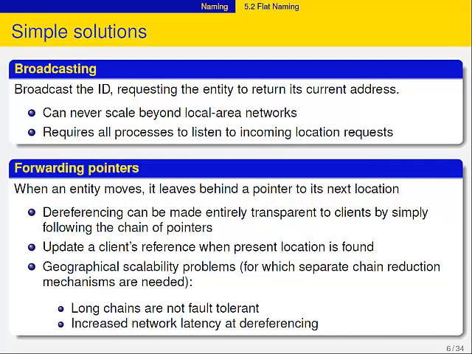Yes, there actually are solutions. What you need to do is to clean up your chains as quickly as possible. If you have a system of forwarding pointers, you actually have a garbage collection mechanism running in parallel with those chains, which you don't have on the slide.